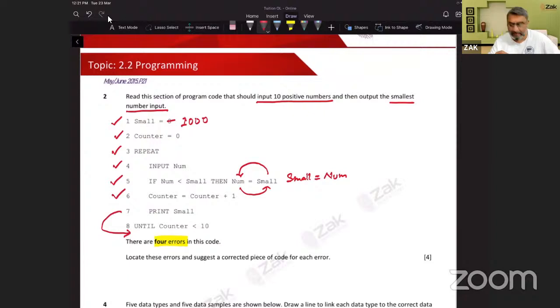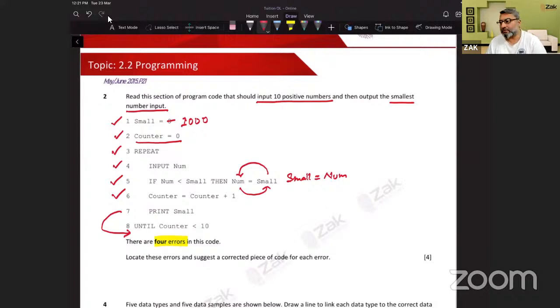Since the counter is 0 at the start over here, this is absolutely fine that counter is less than 10 when it works, but as soon as that counter is equal to 10,